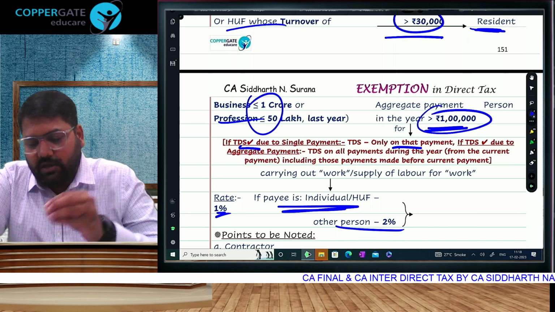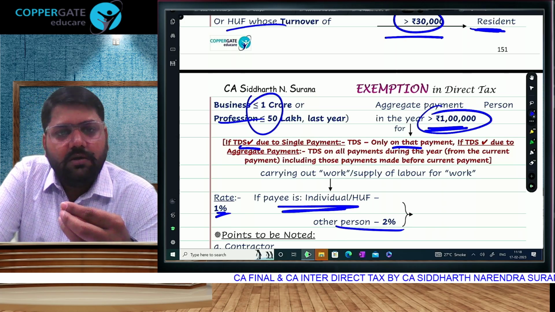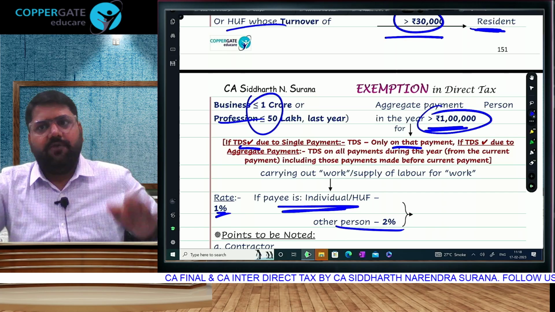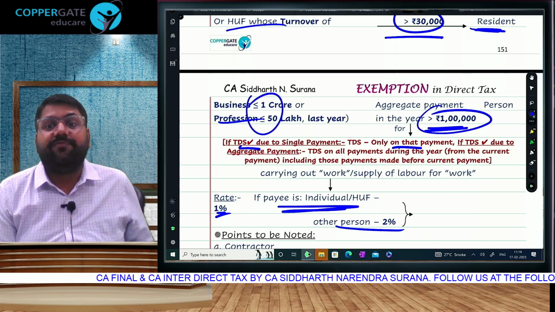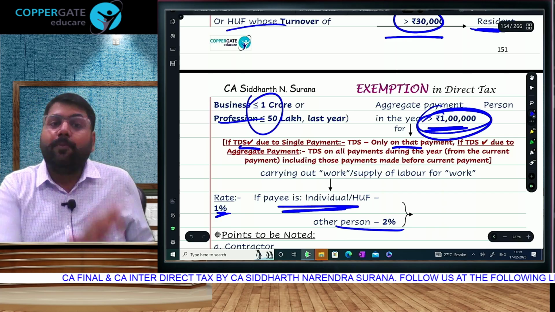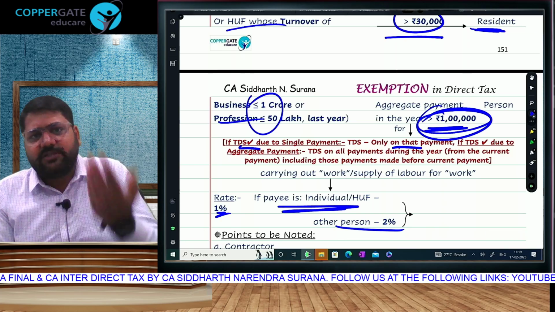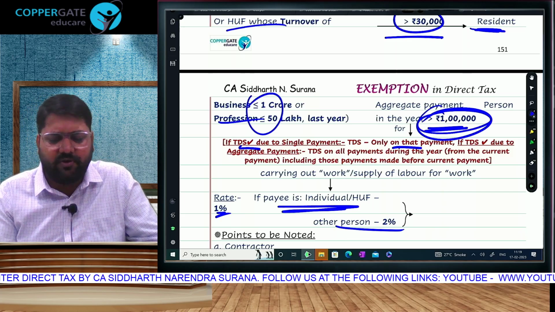In fact, in any past payment also, if you have not deducted TDS, then you have to deduct TDS on that amount also. Now, for example, you make a payment of 25,000 thrice, that is 75,000. None of them have crossed the individual limit. Now you make a payment of 30,000, that makes it 1,05,000. So the annual payment limit is triggered. So TDS on the entire 1,05,000 will come from that 30,000. And if the first payment was only 40,000, that payment has already suffered TDS. So later on that payment we will not deduct TDS.